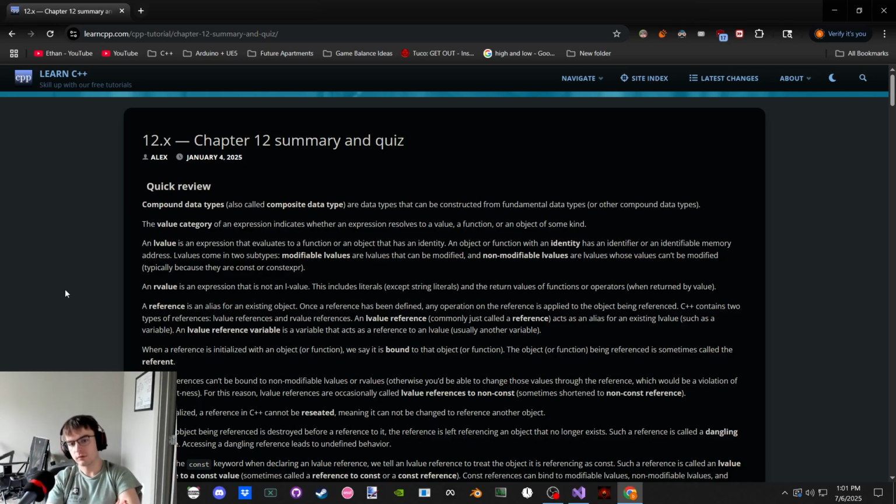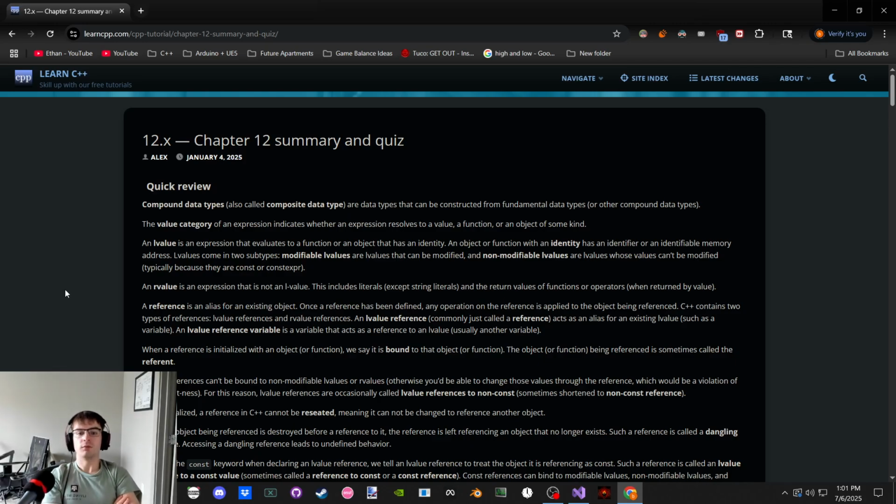Literals, except a string literal, because those, I guess, are pointers. The return values of functions, because they can be incremented, and the return values of functions are operated. Gotcha. Because these are little temporaries. Yeah, because if I call a function get thing, and I look at the get thing in parentheses, that yields a return value, but it doesn't exist anywhere. It's not stored anywhere that has a memory address. I can't look anywhere to see it. It's just temporary.